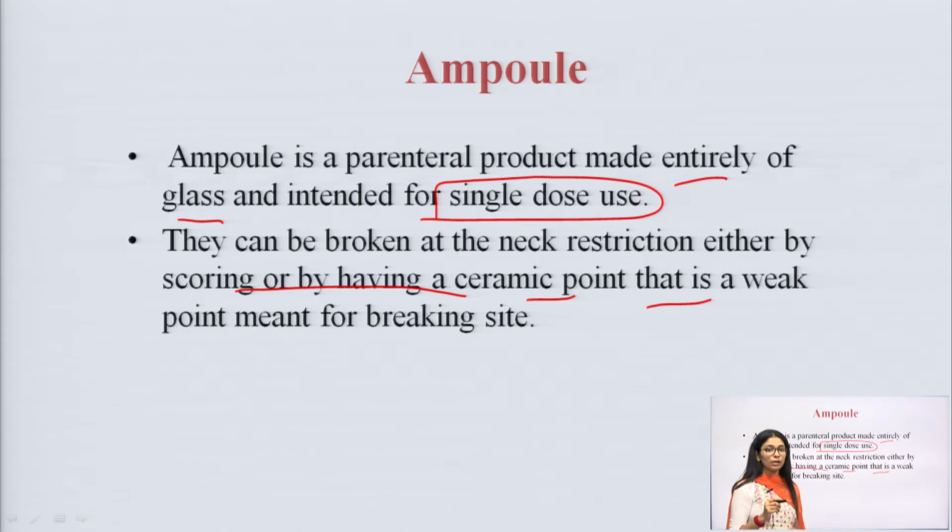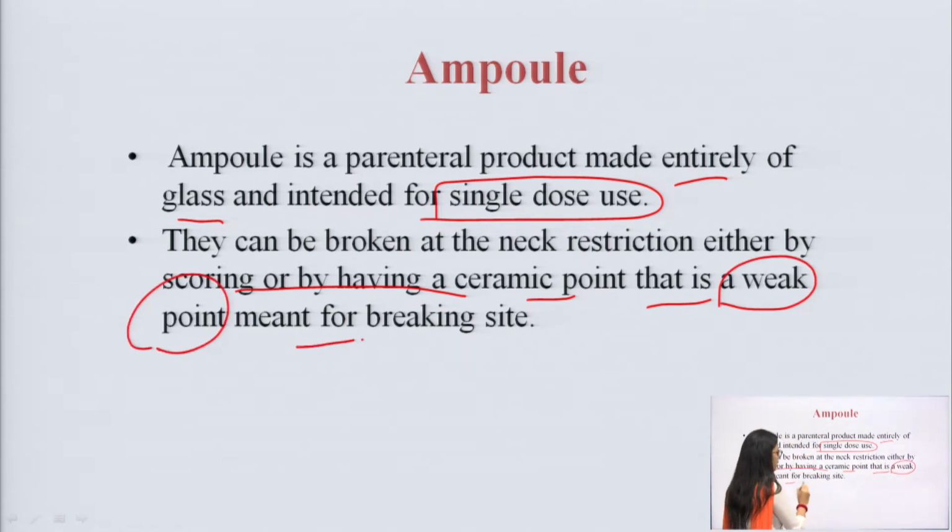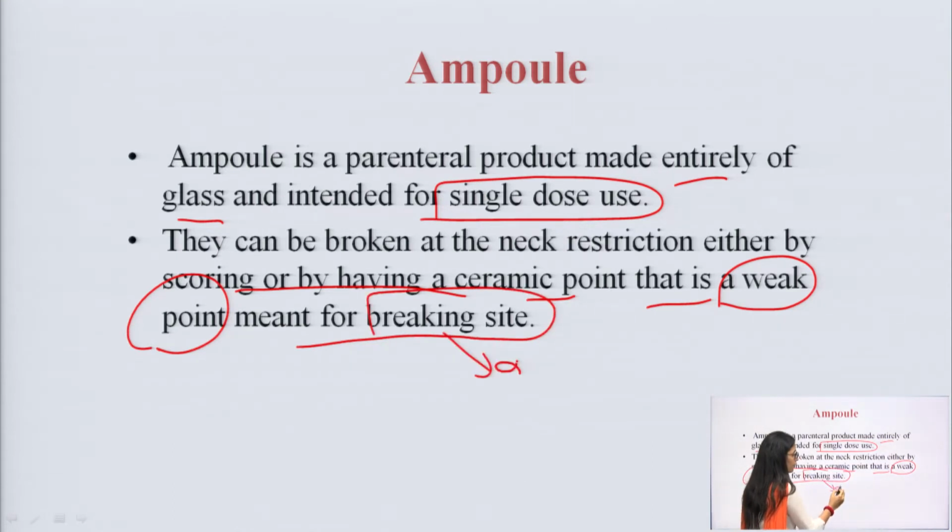You have seen this in the hospital also, when you go to the hospital or the doctor is administering an injection to you, you see how the particular ampule is broken. It is broken when we put pressure onto the neck. When we put pressure onto the neck, it of course breaks, that is the weak point of the particular ampule. The neck is the weak point, it is the breaking side. Okay, ampules have a breaking side, that is on the neck.